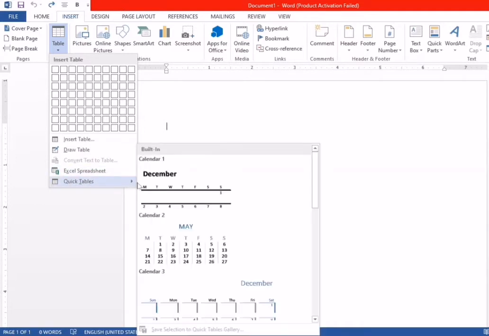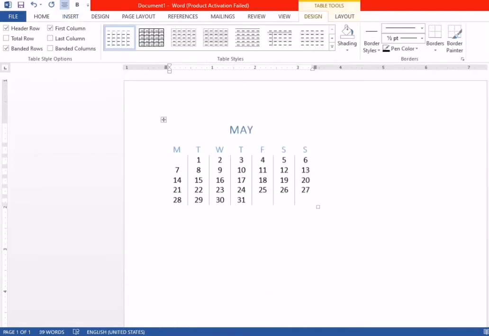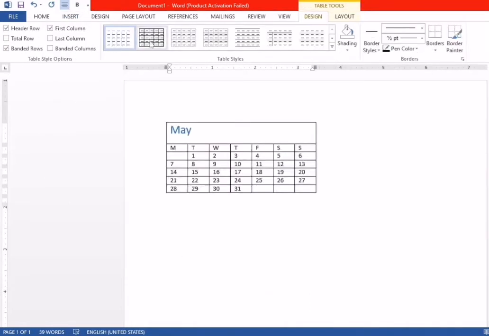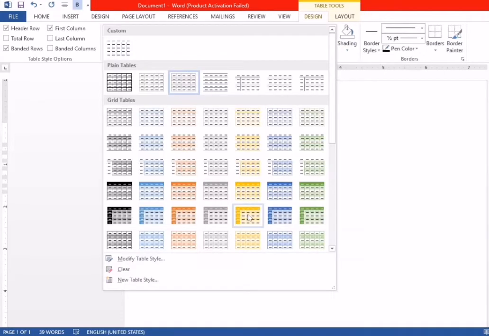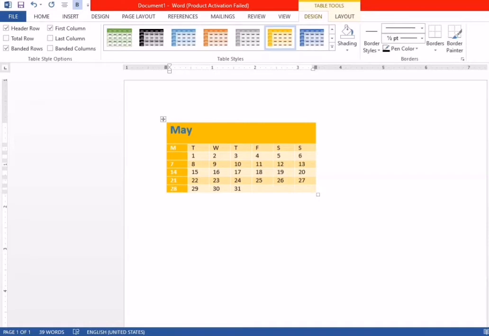This table is used for months, like the default setting, December, calendar 1, calendar 2 in May, or calendar 3, whatever type of calendar you want. For example, I select this one, so this calendar appears, and there are so many options here. You can select any option you like, and if you want to change the color, it will appear here. So this is the next way to insert a table.